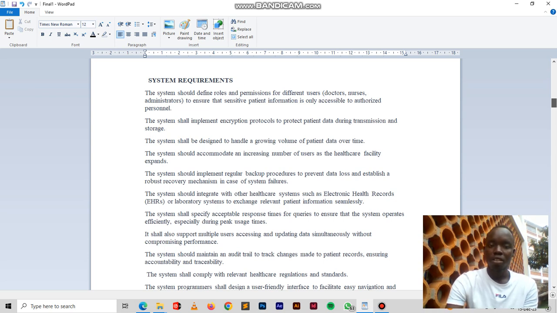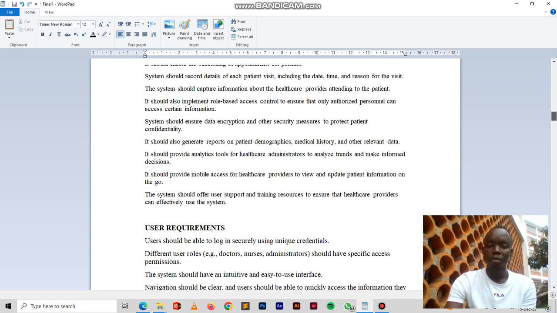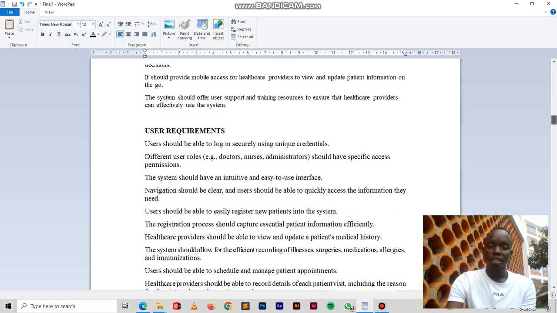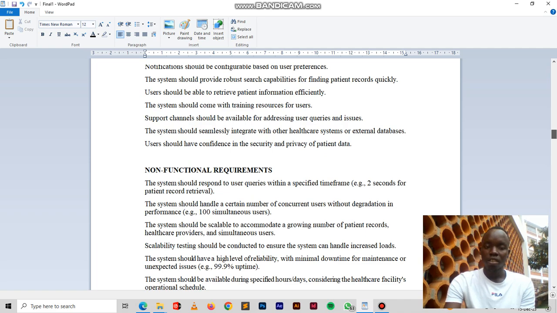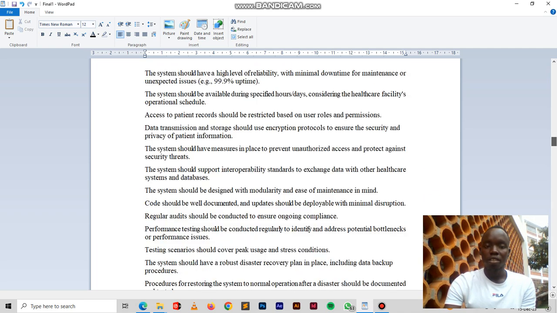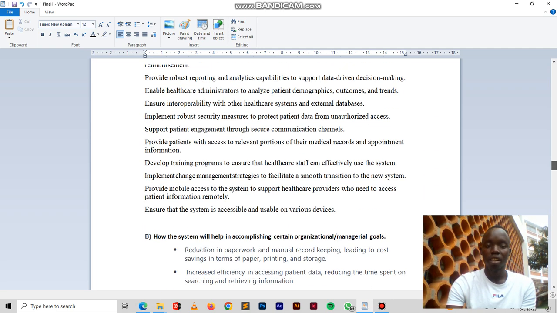The system should define roles and permissions for different users, implement encryption tools, and those are some of them. You also have the user requirements, and those are the non-functional requirements in my system. You can see them. Business requirements are there also,